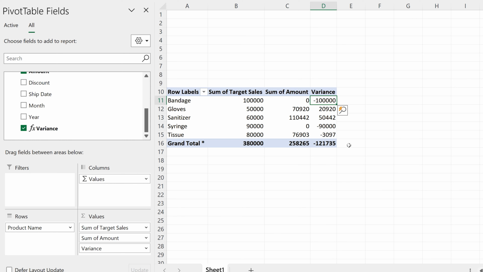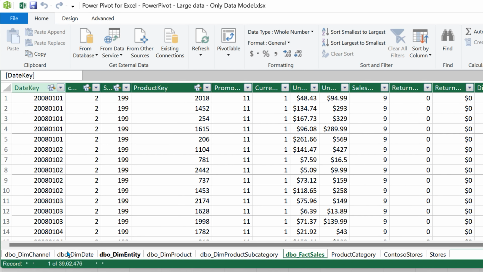If you have a large amount of data and it's likely to go more than 1 million, then Excel sheet doesn't work at all and it is sluggish even with 500,000 data. So that is what we can do now. So I'm going to open another data model which is already having lots of data and then see how it helps us. Go to the data model or Power Pivot window.